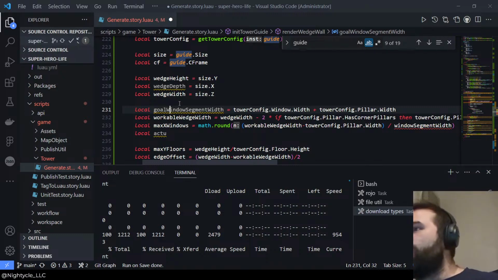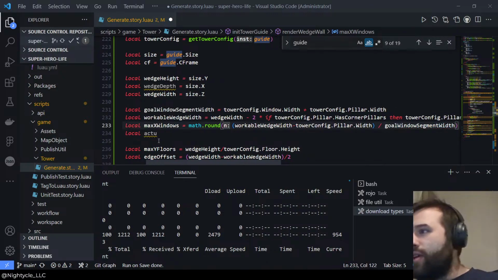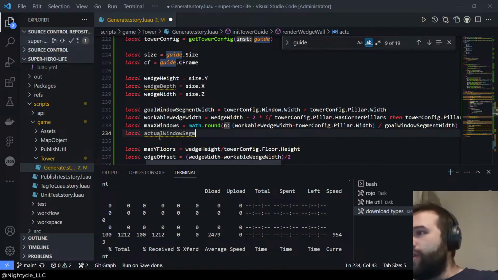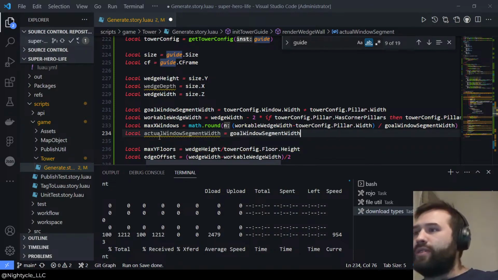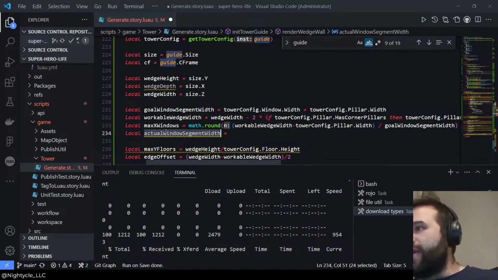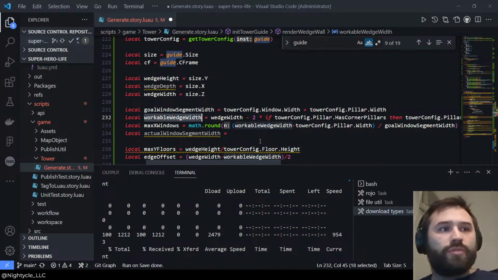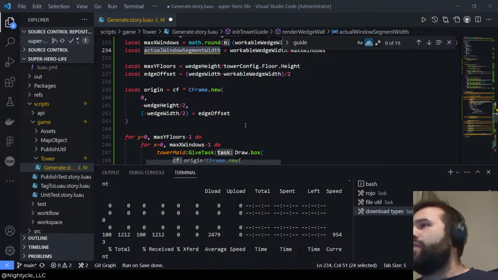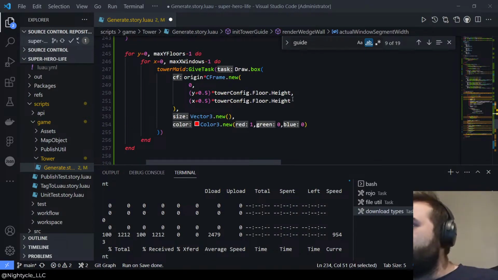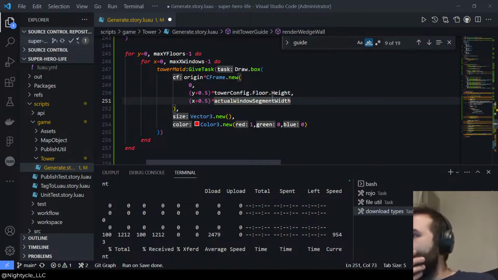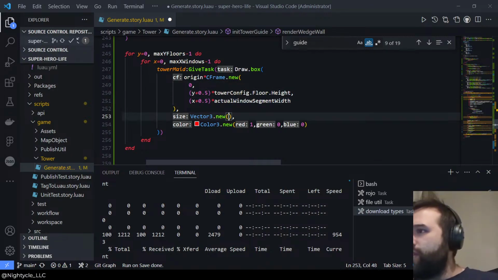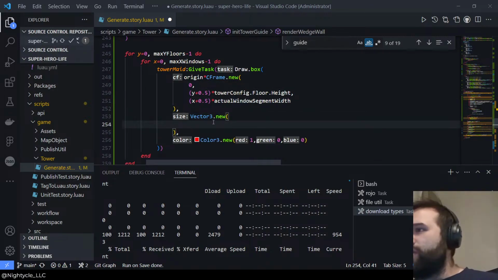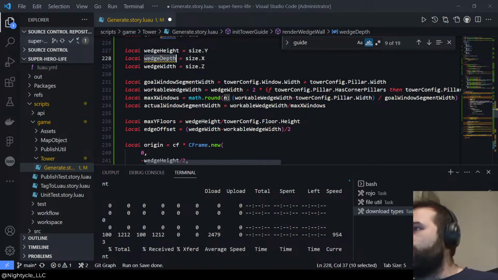We have the goal window segment length, and then we have the actual window segment width equals, and then we get that from taking the workable wedge width divided by the max X windows, and then from there, we do that. And hopefully, so size would be wedge depth